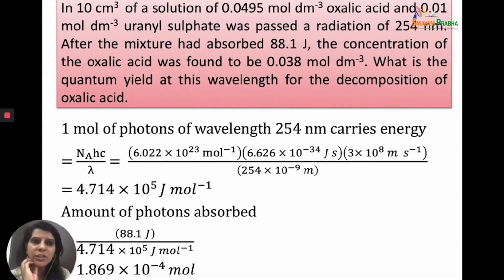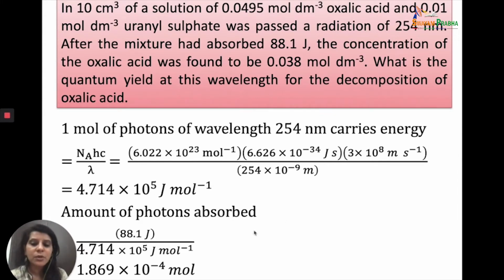Now what is the first thing that we do when we look at a photochemical reaction? We find out the energy corresponding to a particular wavelength. Here the wavelength that is used is 254 nanometers. So we will find out the energy corresponding to it. So we use the formula N_A hc by lambda. We substitute the values of N_A, h and c and lambda in meters. You get the energy is 4.714 into 10 to the power 5 joules per mole. So 1 mole of photons of wavelength 254 nanometer corresponds to this energy, 4.714 into 10 to the power 5